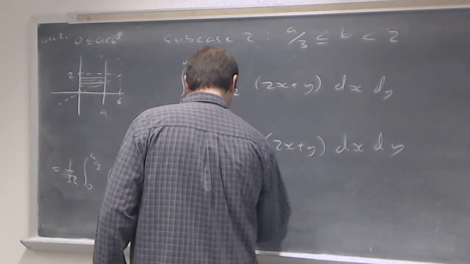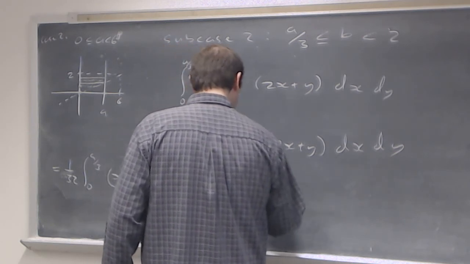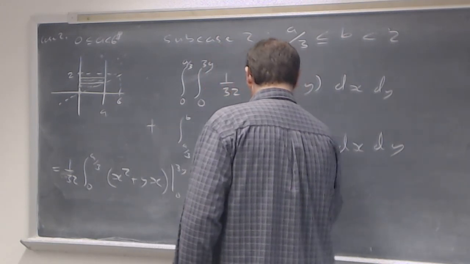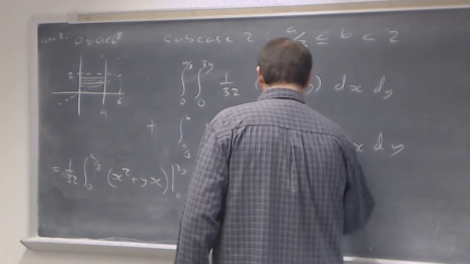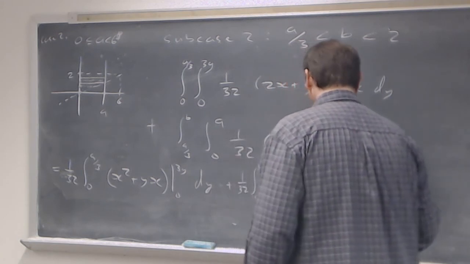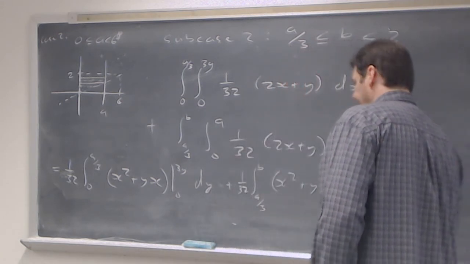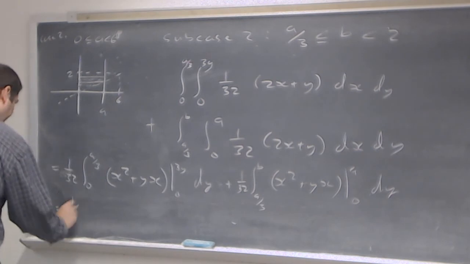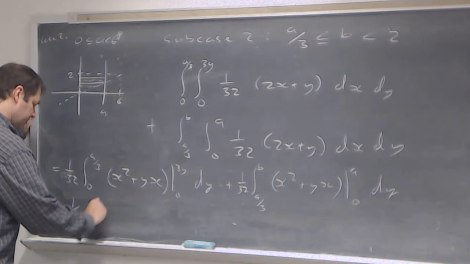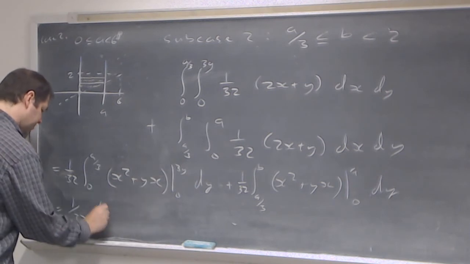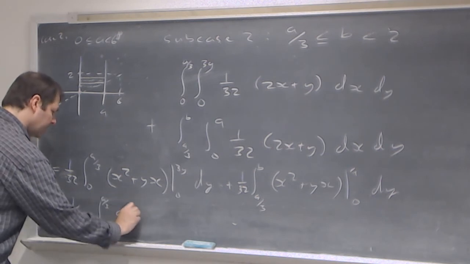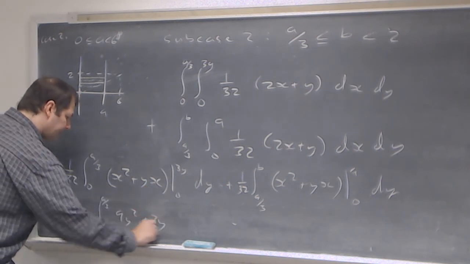Plus here, it's from a over 3 to b. I pull out the 1 over 32 here as well. Again, I'm integrating with respect to x, so it's x squared plus yx. I need to evaluate that from 0 to a. And then here, this is dy. So here, this is 1 over 32. When I remember x is 3y, still integrating from 0 to a over 3, those are the y values. Here's 9y squared plus 3y dy